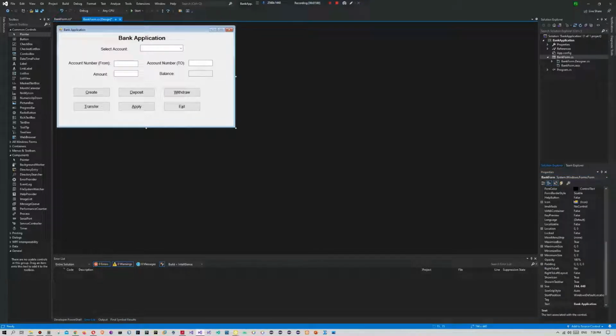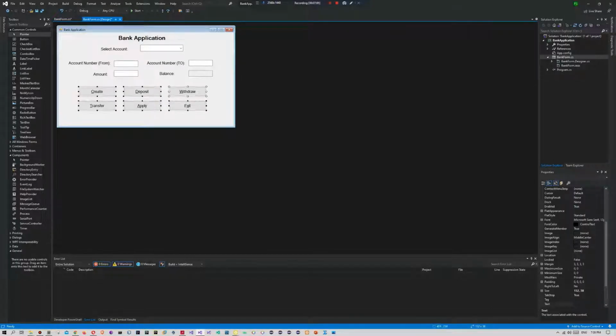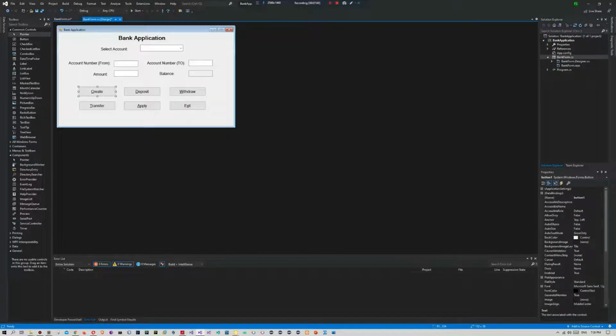Okay, these buttons: btn create, btn deposit, btn withdraw, and transfer, and apply,